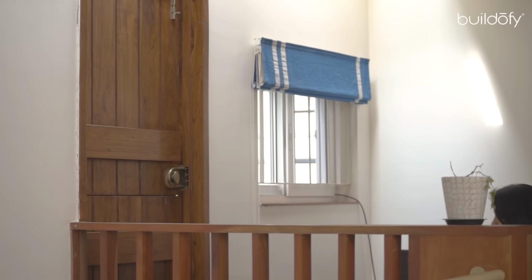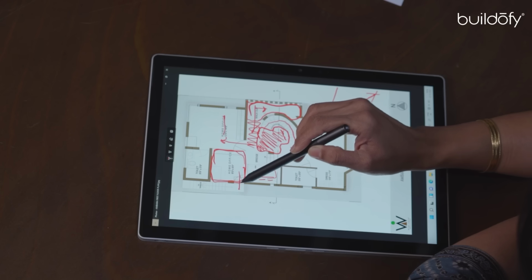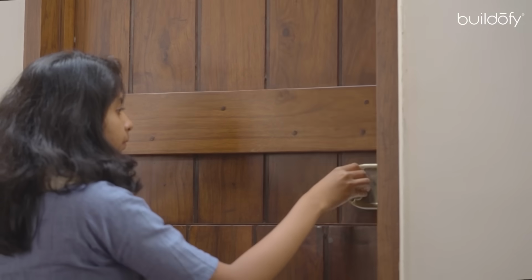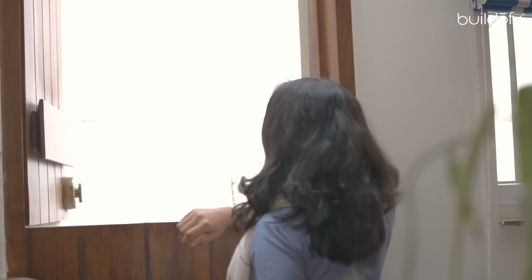utility for the house. The study has an interesting door to exit into the terrace garden. We designed this flap door which is in two halves, and which is a nice solid door which needs to protect you from the outside in terms of security. So this door, when you open the single flap, will act like a window and aperture which connects you to the outside. And when you open them together as a doorway, then you walk up the stair to get to